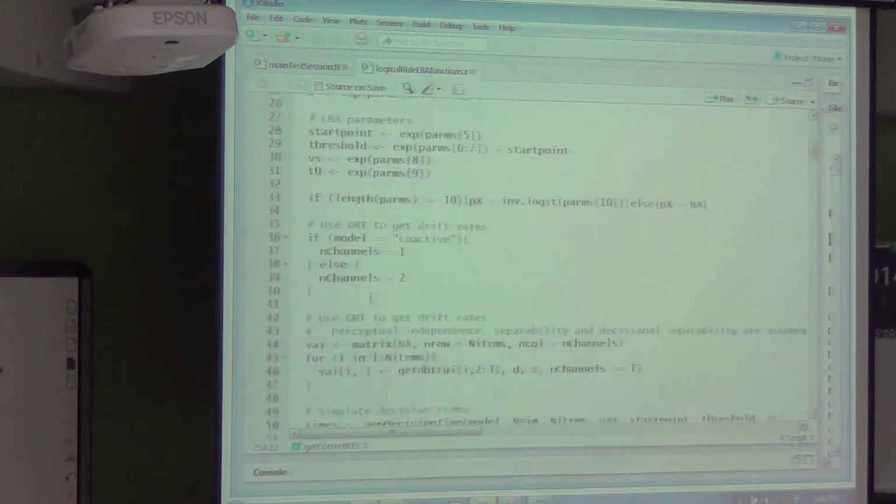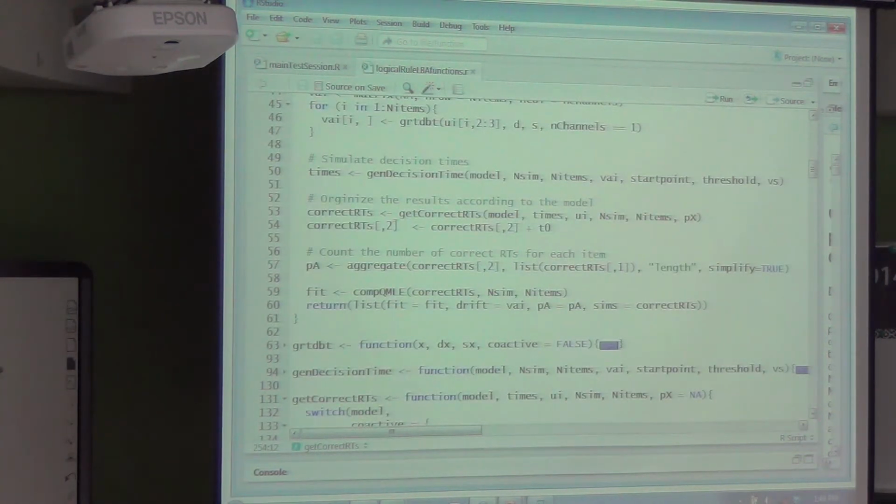So once you've gotten the correct RTs and added in the non-decision time, the last bit of the code computes how well your predictions from your model fit the data. And there are a lot of different ways to do this. If you're using the analytic solutions to the LBA, what's really nice about them is they actually give you the likelihood for observing each response time. So you can just compute the probability of each of your RTs given that particular model.